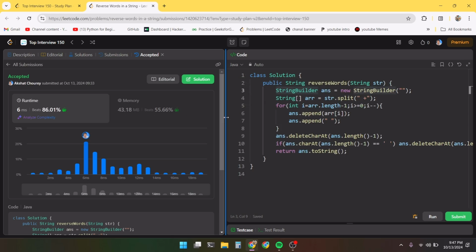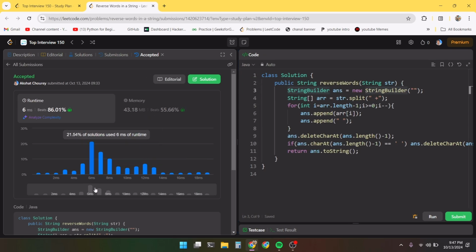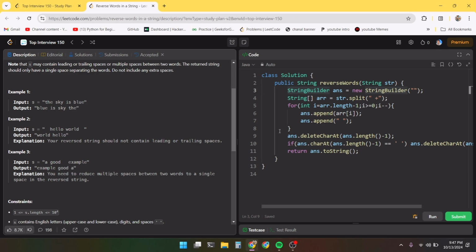I don't say I'm happy with the solution, but I'm okay, because the majority of its friends have the same time complexity. But yeah, this is the solution, and the approach which I used is normal. I split the string using this space and plus, and just traversed the array I got in the reverse order. I used the StringBuilder in Java to concatenate all the strings with a space in between,